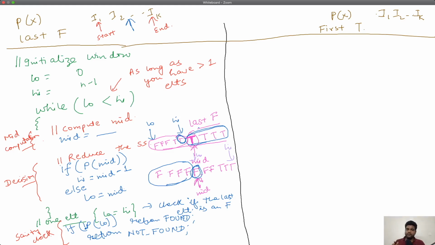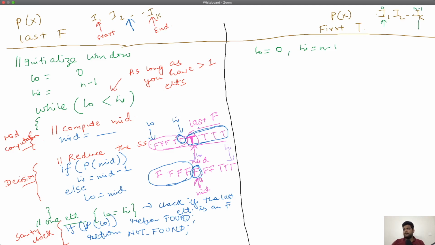We are left with just the last part, which is computation of mid, which I will come to in a moment. Let's complete the other part, which is, let's say, the same problem, some predicate, some search space, and you are asked to find the first T. So we'll initialize low with 0 and high with n minus 1. Assuming these numbers are in an array, I can always do that.